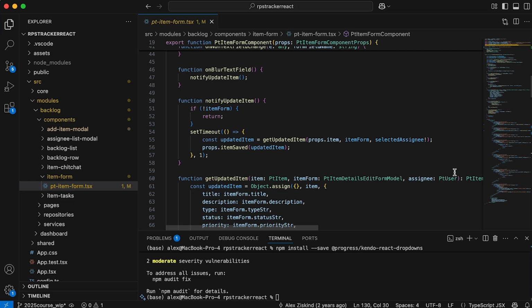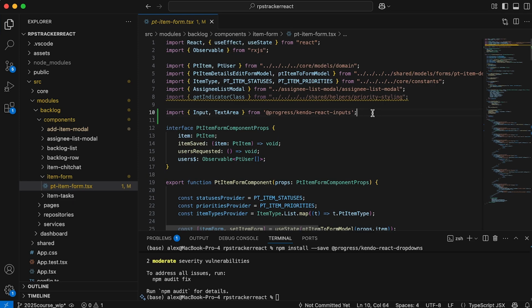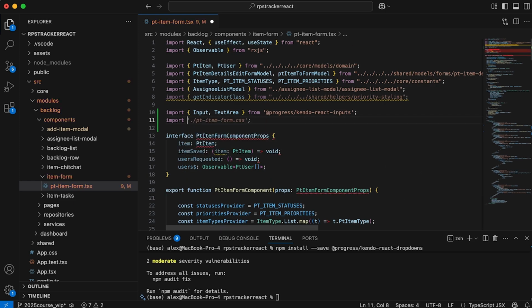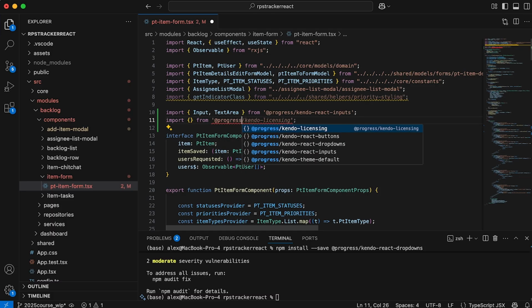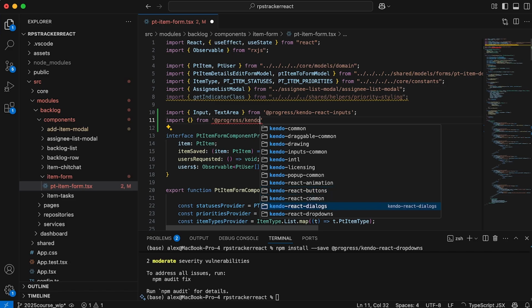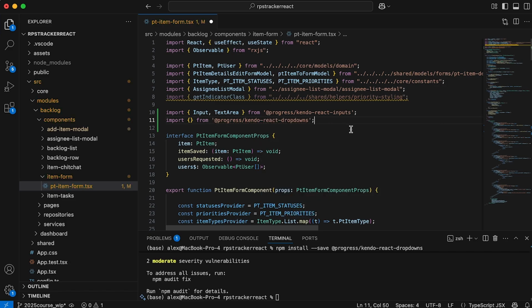Let's go to the top here, and we'll import the component manually. I'll show you a different way of importing. So this is the way I prefer to do it. I just say import, and then parentheses from, and look at that. I have Copilot turned on, so it's definitely helping me out. But if I didn't, I would just type in @progress/kendo-react-dropdowns. And then once my file has that reference, I can go in here and just press Control Space